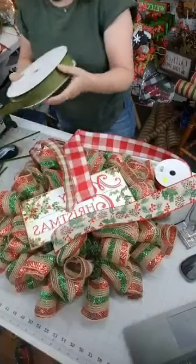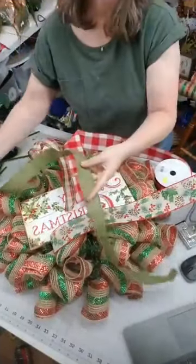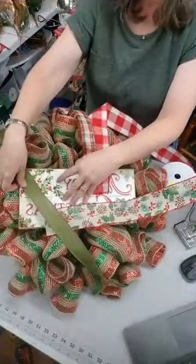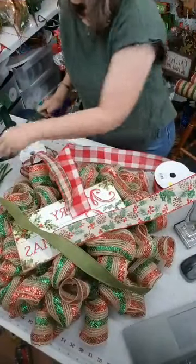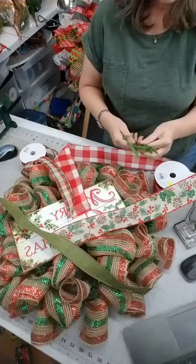And instead, we're going to go with this pretty moss green right here, because I really think that's going to pick up again on these leaves and the berries. So, the first thing I want to do is, I know I've got 16 ties, and I'm going to do